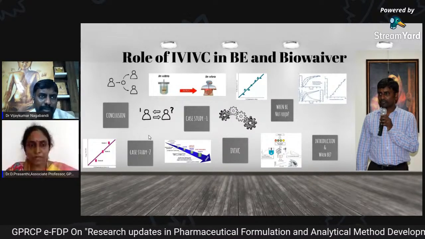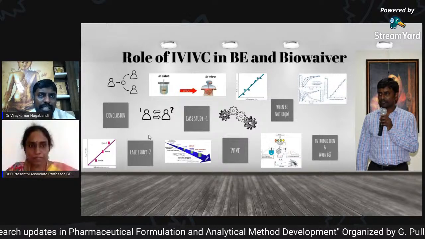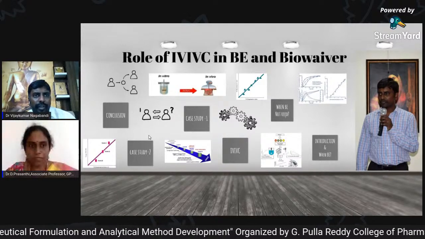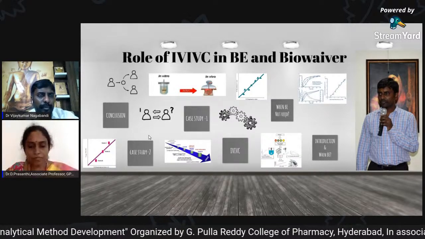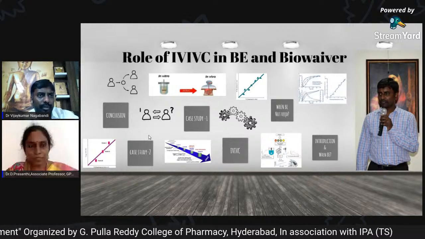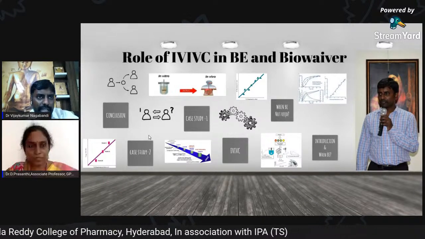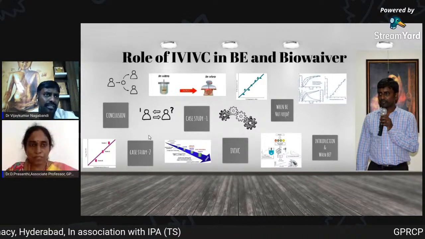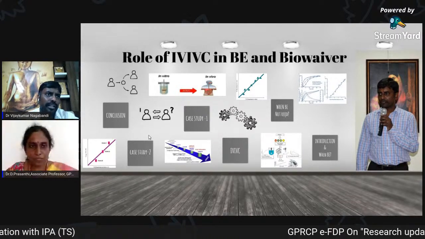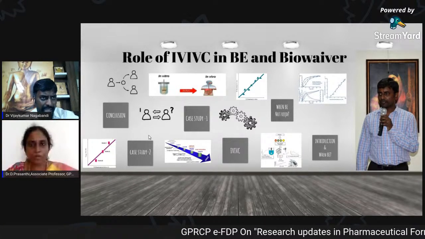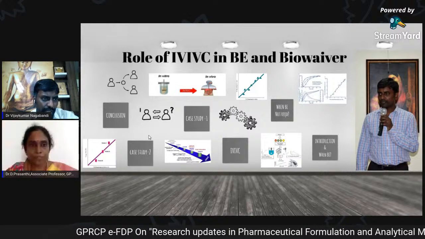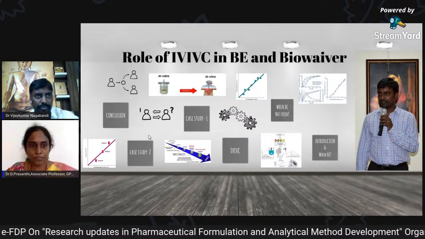So except the drug, the remaining excipients are all the same. In that case, it is called pseudo dose proportional. So if our formulation is pseudo dose proportional or dose proportional, only bio-testing will be done for the higher strength, and sometimes, if there is a safety concern, we will do it with the lower strength also. So either higher strength or lower strength, one strength only will be subjected to bioequivalence, and all the remaining